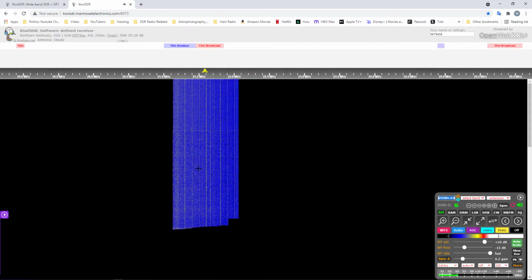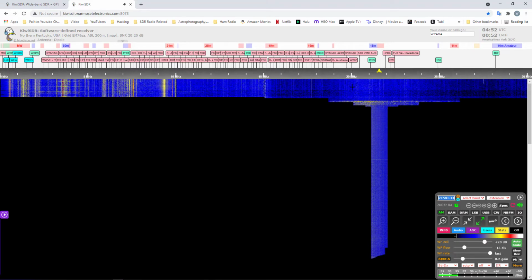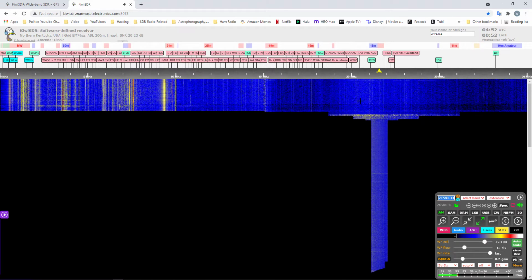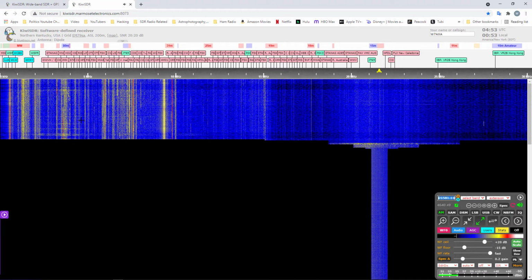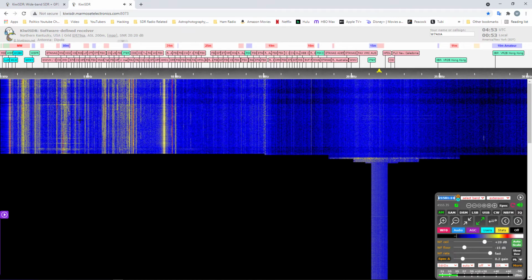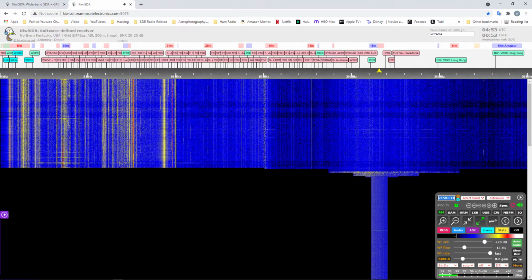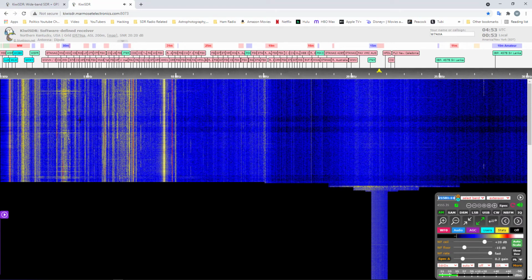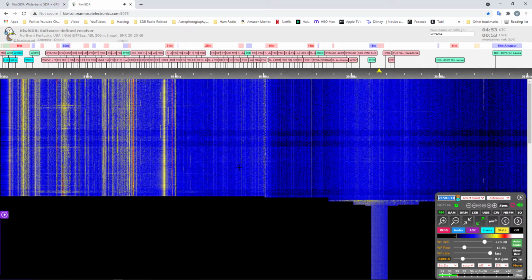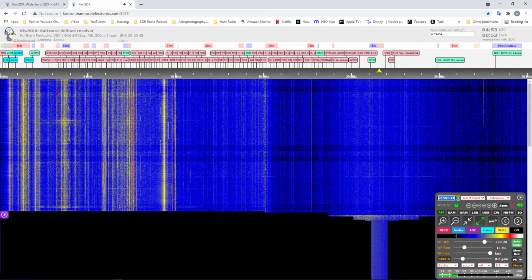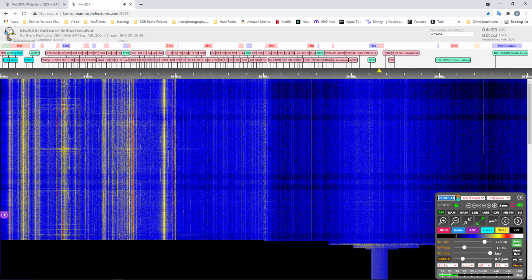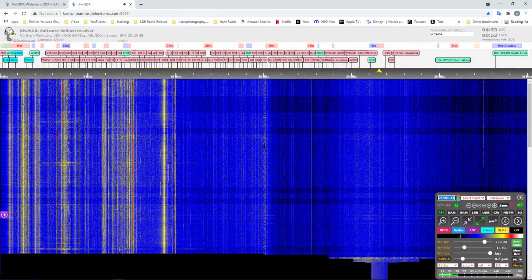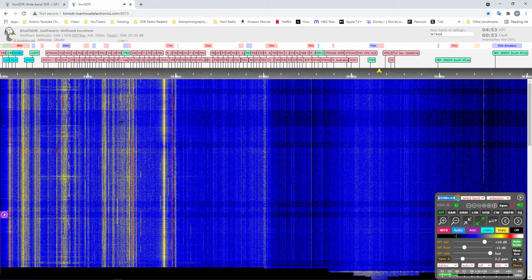So just because you're zoomed all the way out and you don't see anything, that does not mean that there isn't something there, because there is. So if you're DXing and you want to go from 0 all the way up to 30, just for giggles, don't let that zoomed out view deter you from actually going into those bands that don't look like they've got anything going on, because there's something going on there.